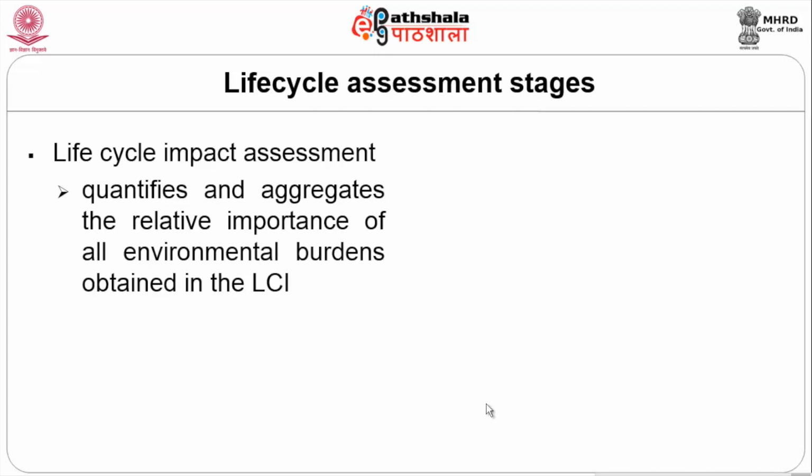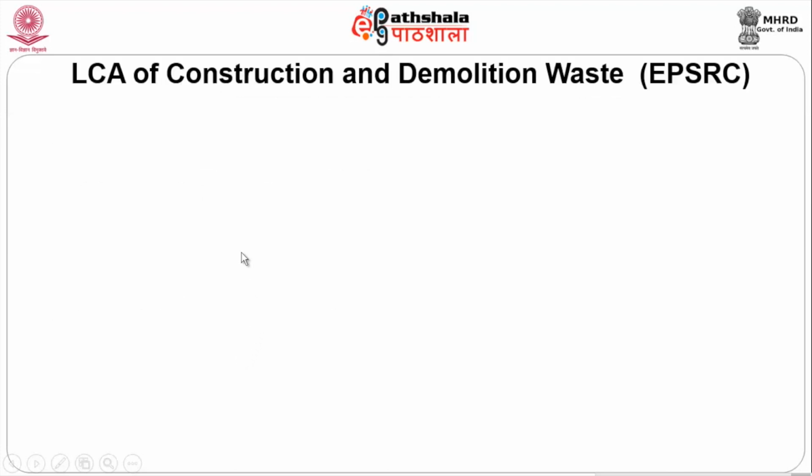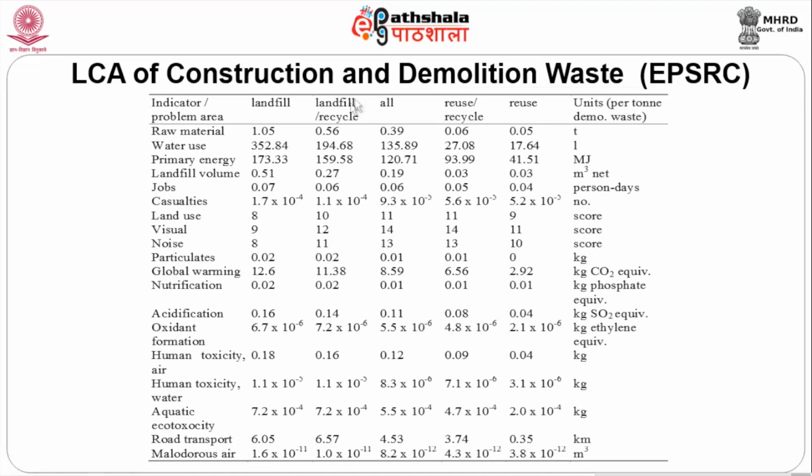Then impact assessment quantifies and aggregates the relative importance of all environmental burdens obtained during the life cycle analysis, and the results are interpreted. Life cycle analysis of construction and demolition waste by EPSRC, if you look at it,